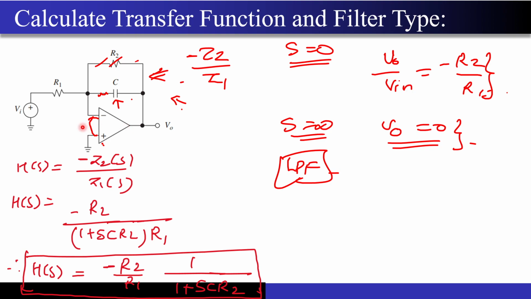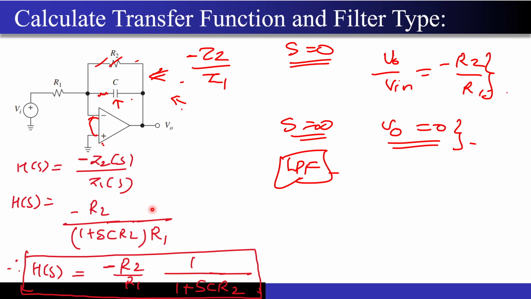Now if you come to a little bit complicated version of the previous circuit, what you will be able to see over here is that again you have to do minus Z2 by Z1. Correct? Z2 is nothing but the parallel combination of the R and C, so this is what I have written over here, R2 upon 1 plus SCR2. So minus Z2 by Z1, your Z1 is just R, so your transfer function will be left to only this particular equation over here.